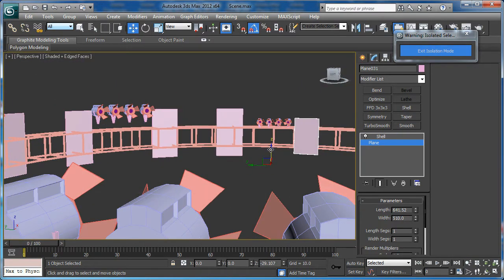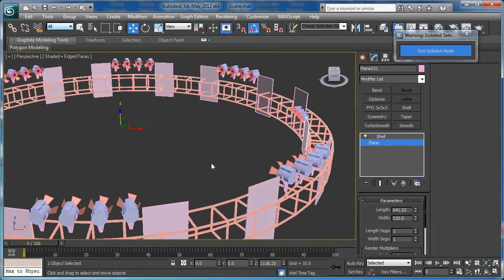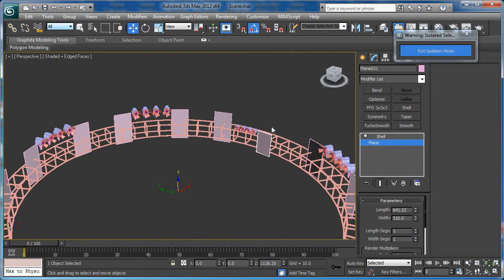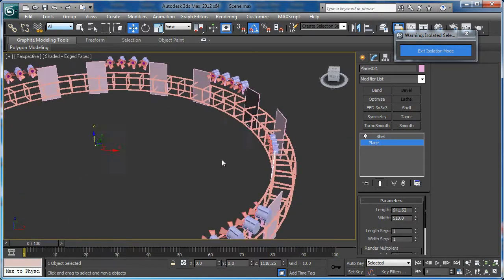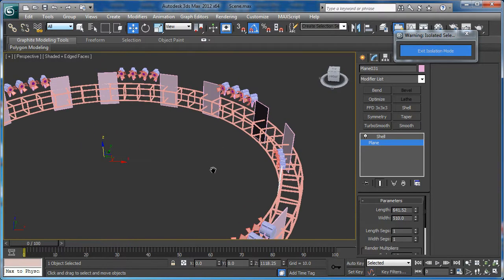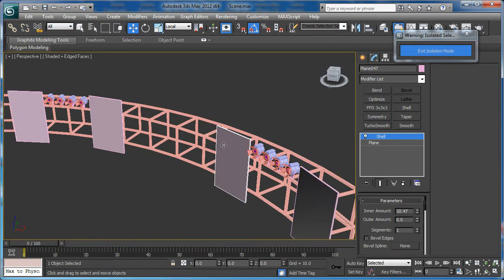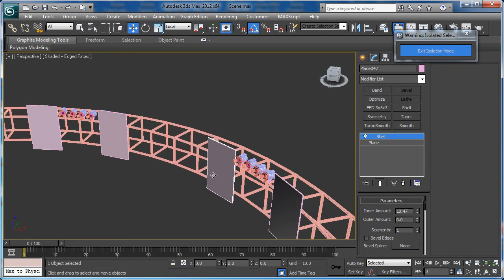And move it down. Now we have to do the same with the other elements, so I will pause the video, and when I'm ready I will continue. Now we are ready and we can continue with the modeling, but before that let's explain